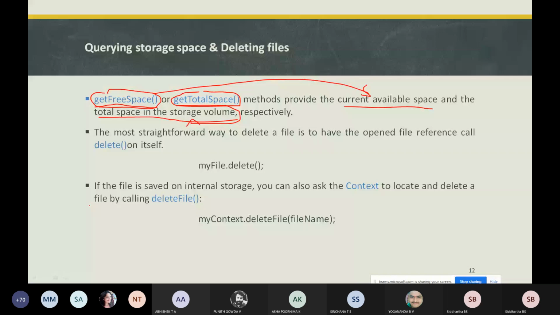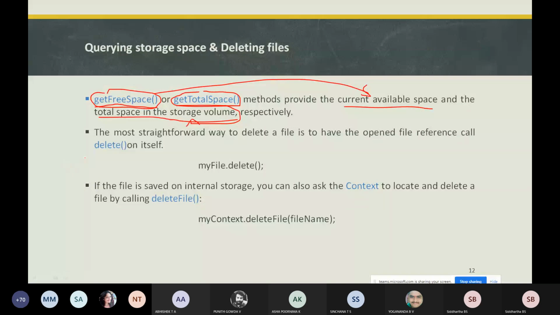For example, you uninstall an application from your Android device. You can go and check in the storage, there is an Android folder. Whatever application you have installed, all its files are going to get deleted. So how is it going to get deleted? On itself, it is going to call a delete method.